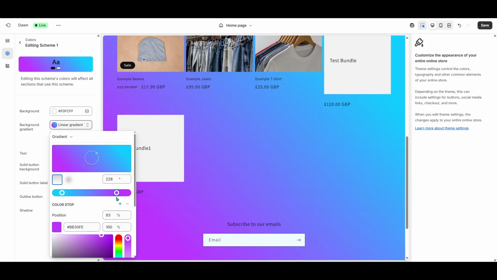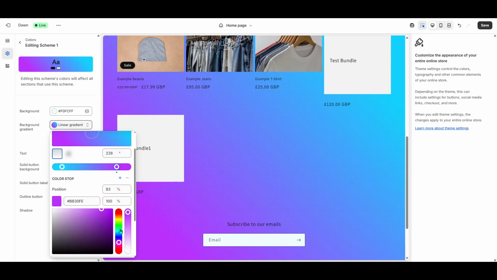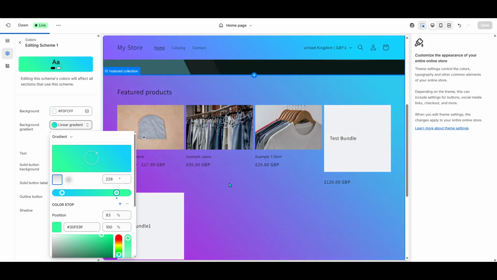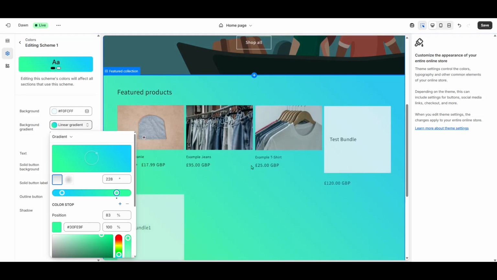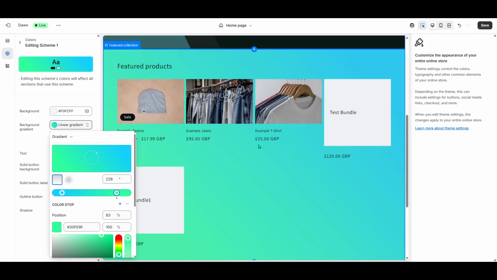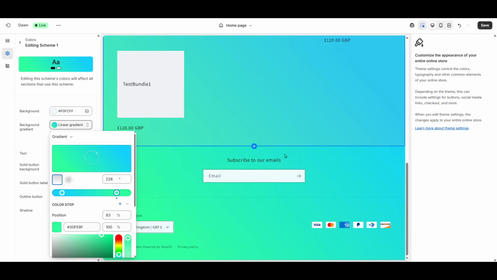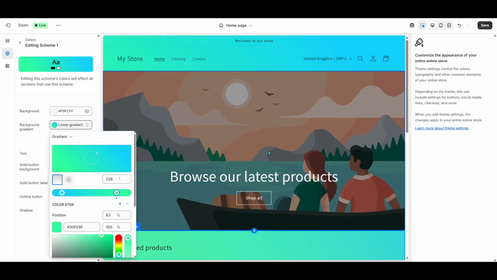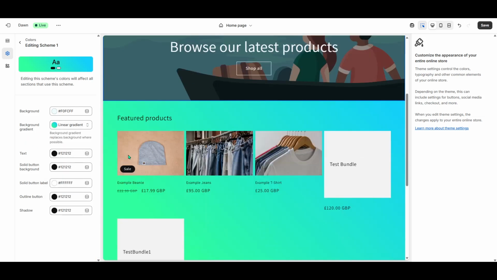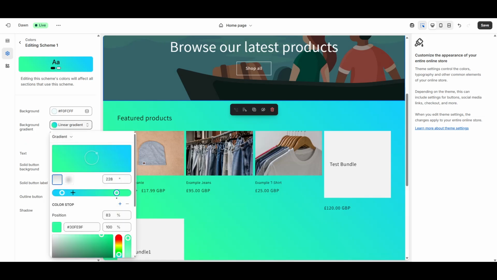This quick modification can significantly improve the user experience by making your store more visually engaging and aligned with the persona you're trying to project. Just a small tip: always preview your changes before finalizing them. This ensures everything looks exactly the way you envision it, without any surprises. And remember, if it doesn't work the first time, you can always go back and adjust the colors until you land on something that feels just right.